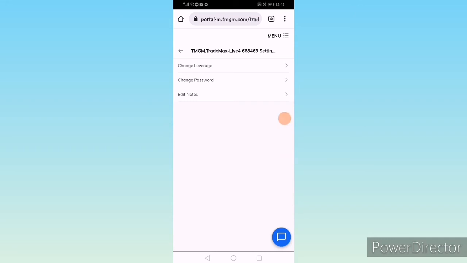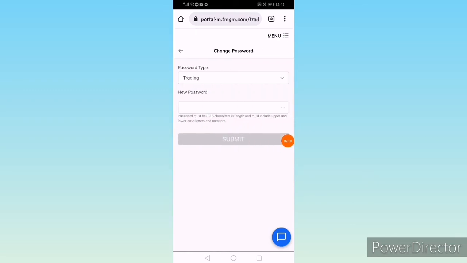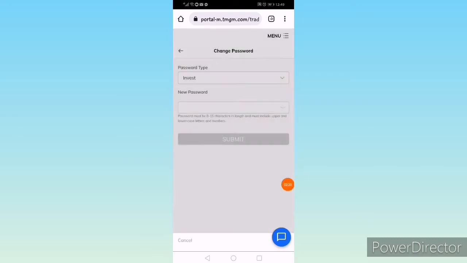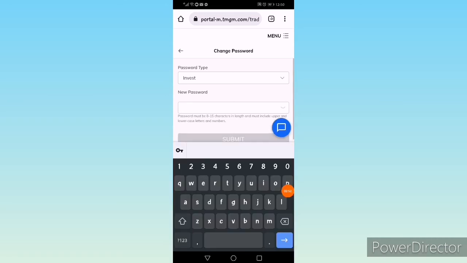So change password, click this and then choose the invest password. Okay, then confirm. And then create your new password for your invest password. If you log in to your MetaTrader 4 application or MT4 account with it, you cannot make a trade because this is a viewing password only. So if you want to trade, then choose the trading password to log in. Okay, understand? And then create your new password, and after that